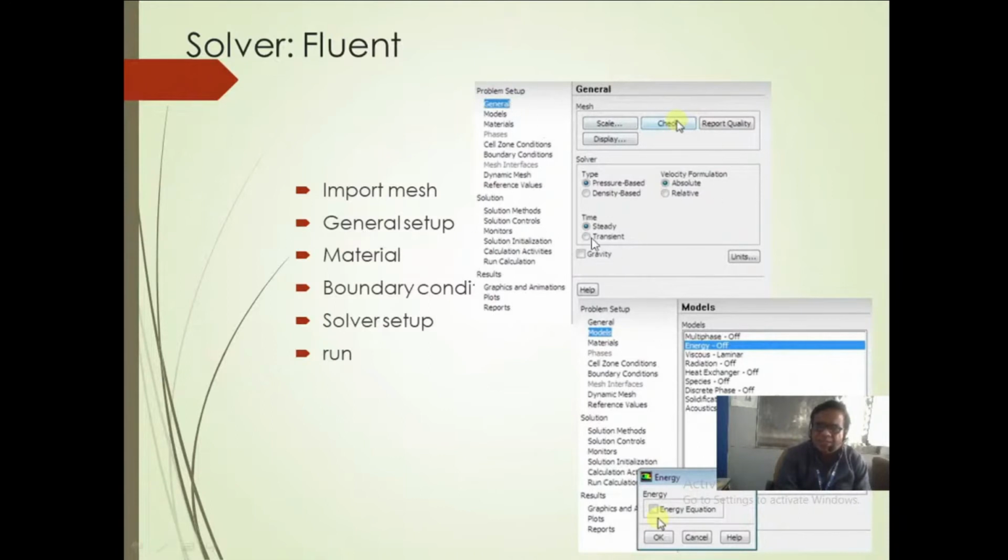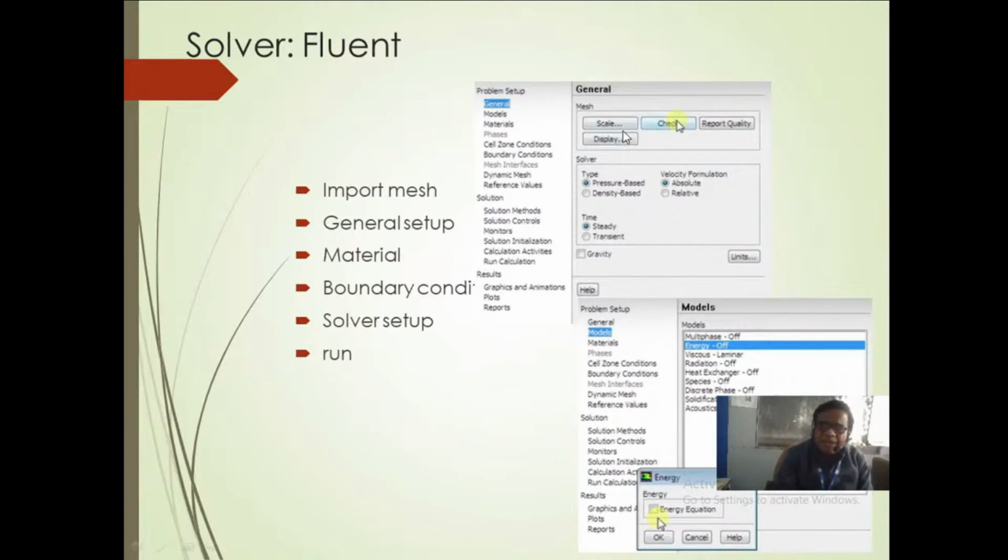You can see this is the first view, general setup, where a few things one needs to do. We need to ask ourselves whether we are using this simulation for steady state or transient, and that one needs to define.